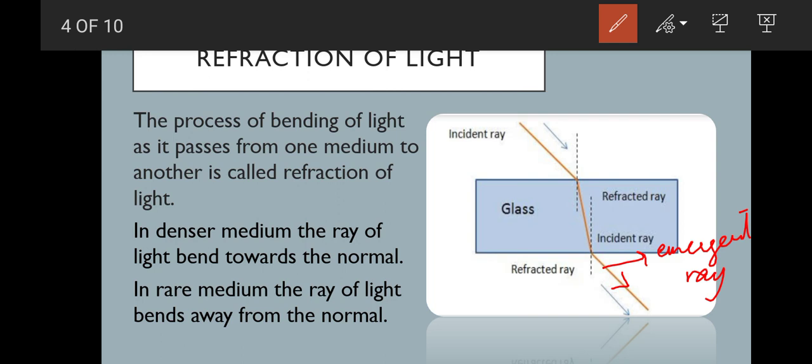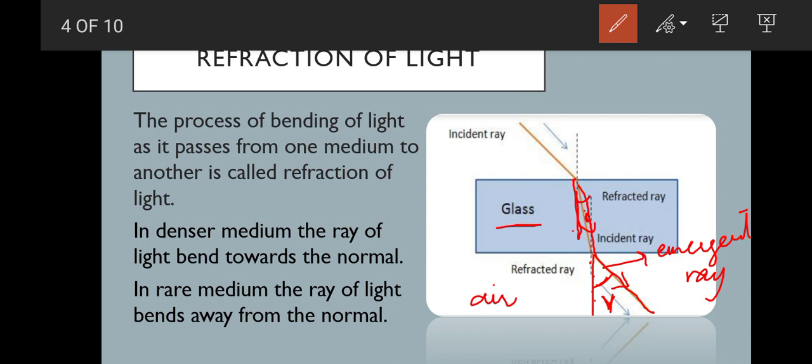Here the first medium is glass and the second medium is again air. So the light ray is incident from the denser medium and it is refracted in the rare medium. Here you can see that this is the angle of refraction, which is greater than the angle of incidence. Let's take just these two rays. This is the normal, this will be the angle of incidence, and this is the angle of refraction, because now the light ray is incident from glass and it is refracted.